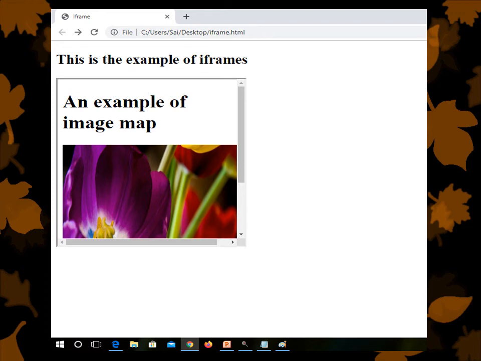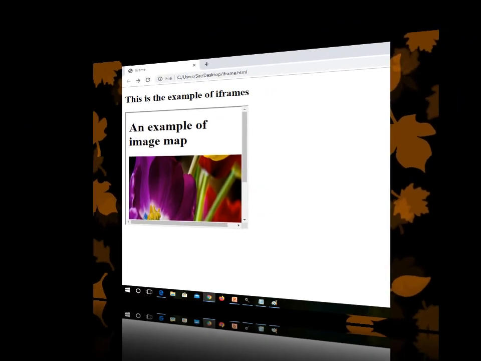The height and width are already mentioned, equal to 300 pixels, and this iframe shows the output of another web page. Using this iframe we can insert multiple iframes within the current HTML document.